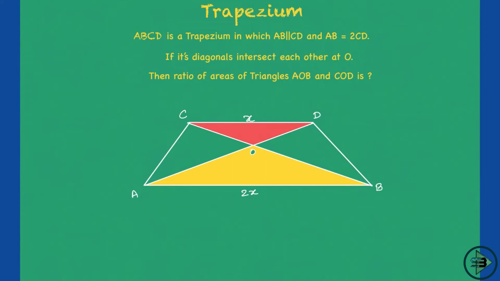So that's why it is advisable to go for geometry first, then mensuration, because they both are related. If you know geometry, then it will be a lot easier to go ahead with this problem, because the problem will not be as straight as finding the area. Okay, so the ratio of the area of triangle AOB to COD.